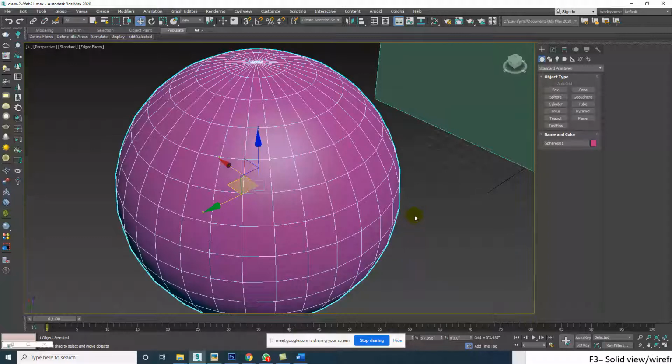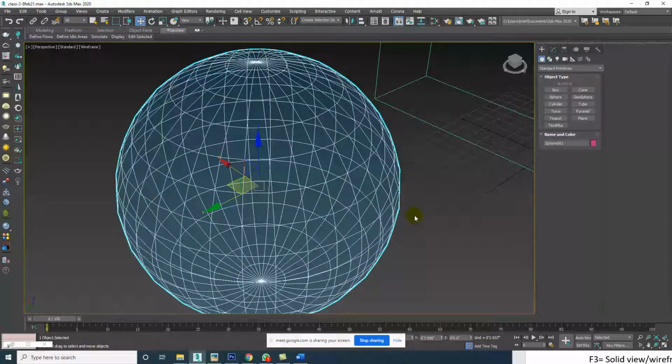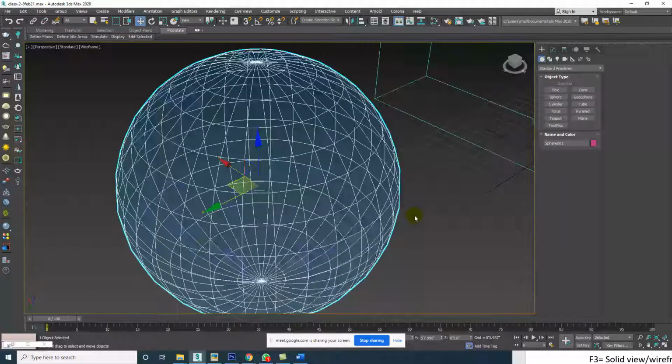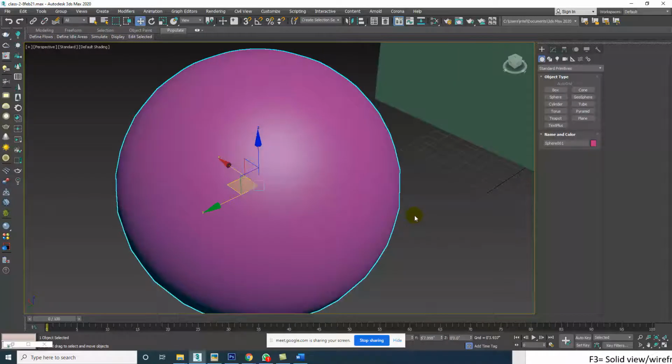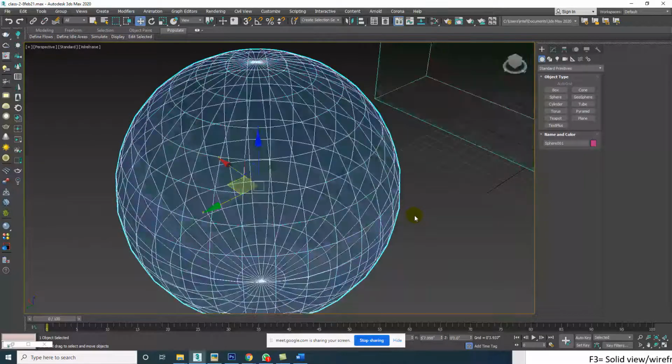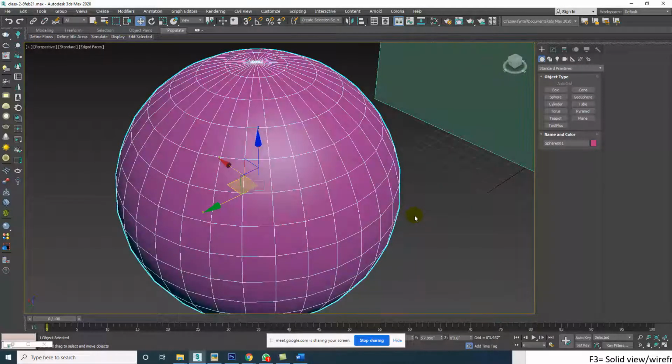If I press F3, it is wireframe or it is solid shape. But it's F4 that is adding both. If I press only F3, it is wireframe or solid shape. If I use F4, it is wireframe plus solid shape. Again I press F3, now wireframe or wireframe with the solid shape. It may seem a little confusing, but if you practice once or twice, it will be very clear to you.